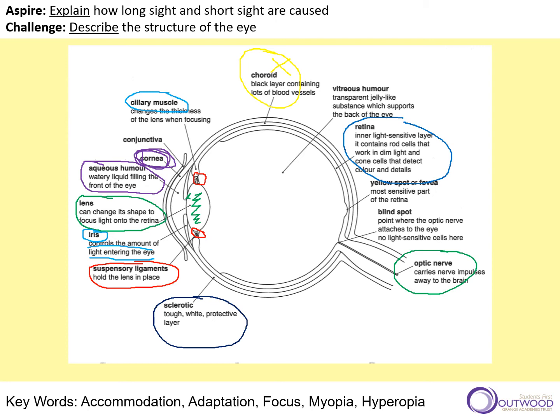cone or rod cells. You then have this massive area that is basically liquid, and that's called the vitreous humour. So you had the aqueous humour in front, and then you've got the vitreous humour behind, and that's the back